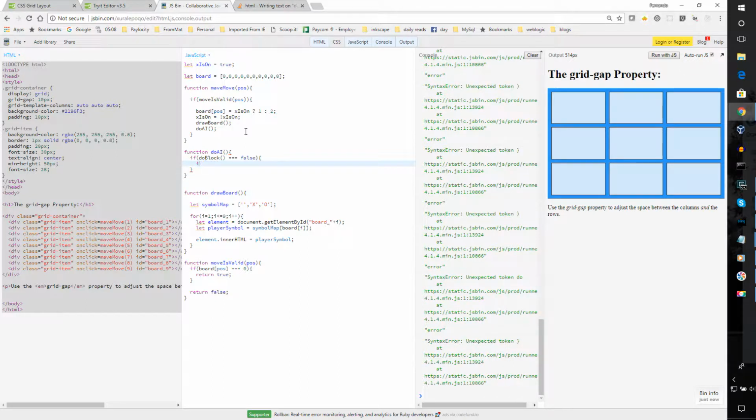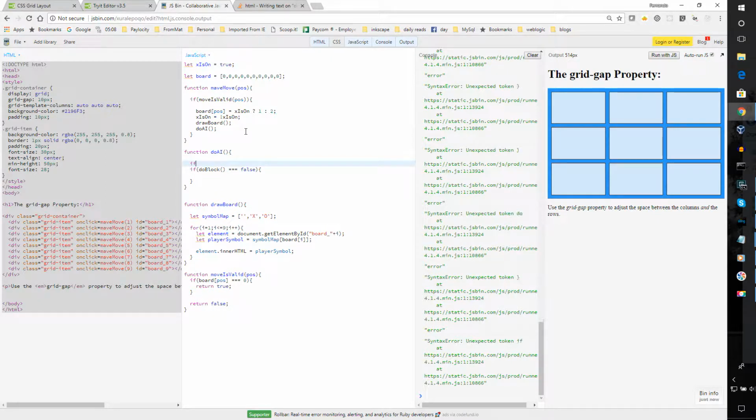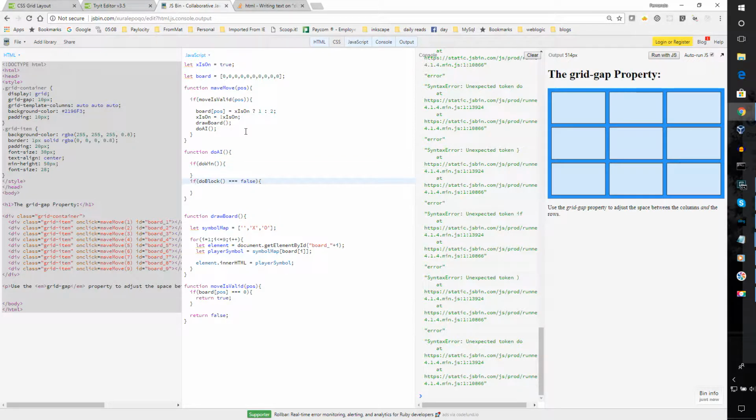Well, never mind, you want to do the block first. You want to check to see if you win first. If do win, then it's over, right? Then else, then if you don't win,